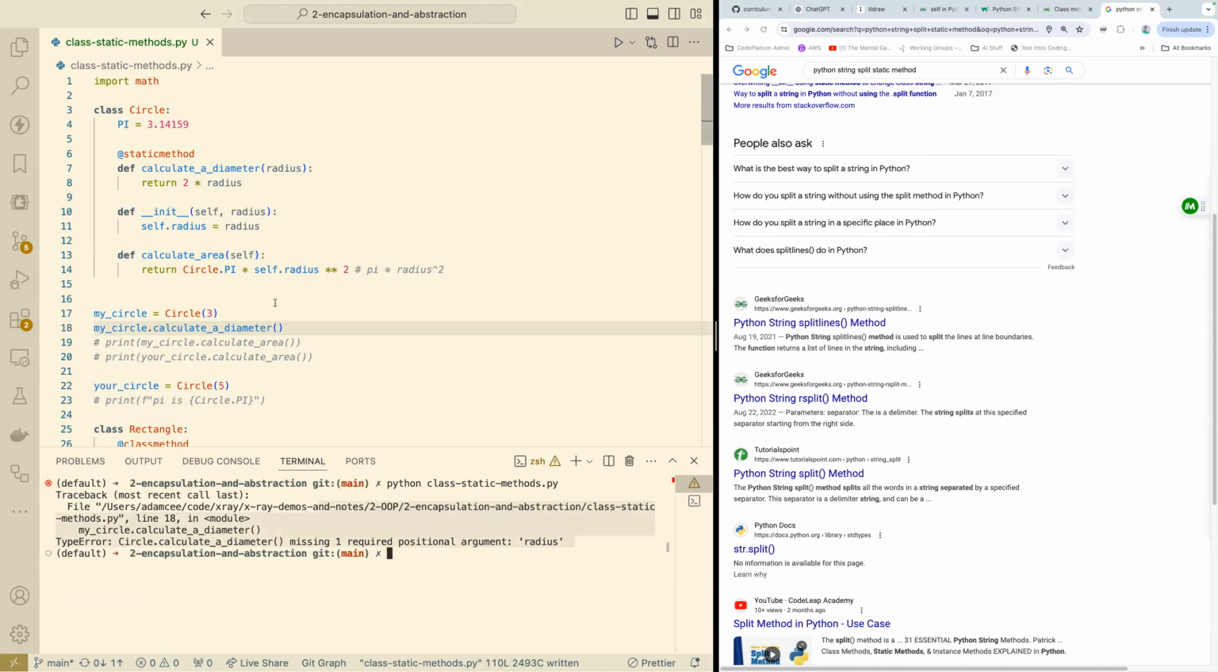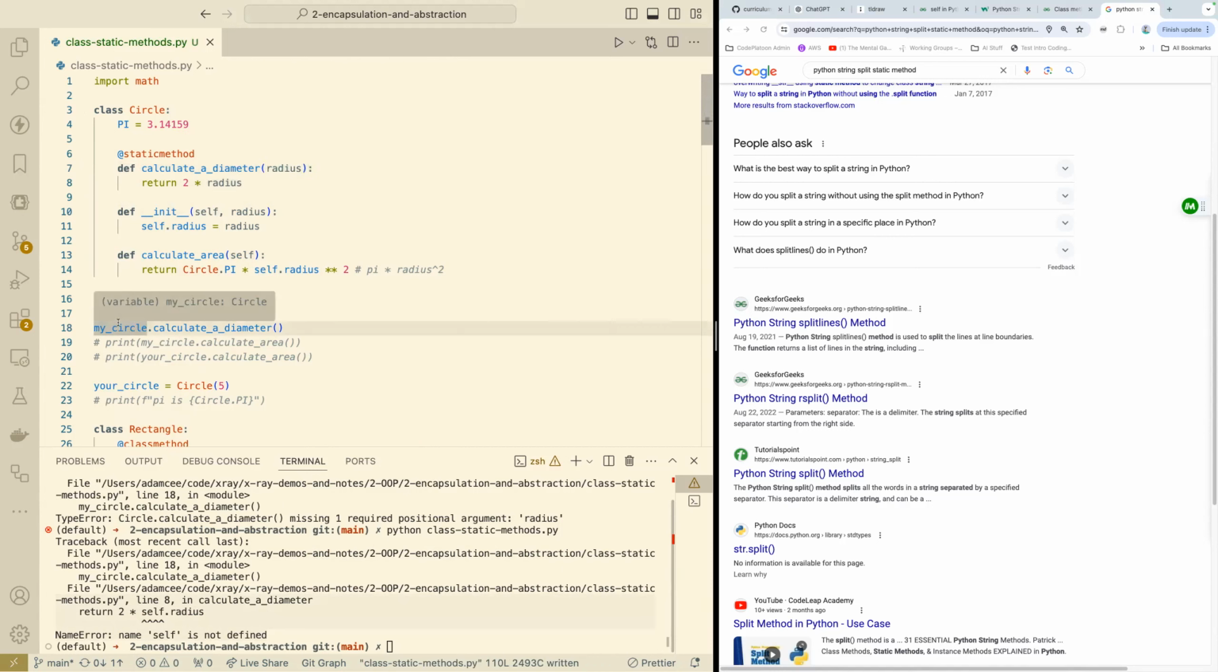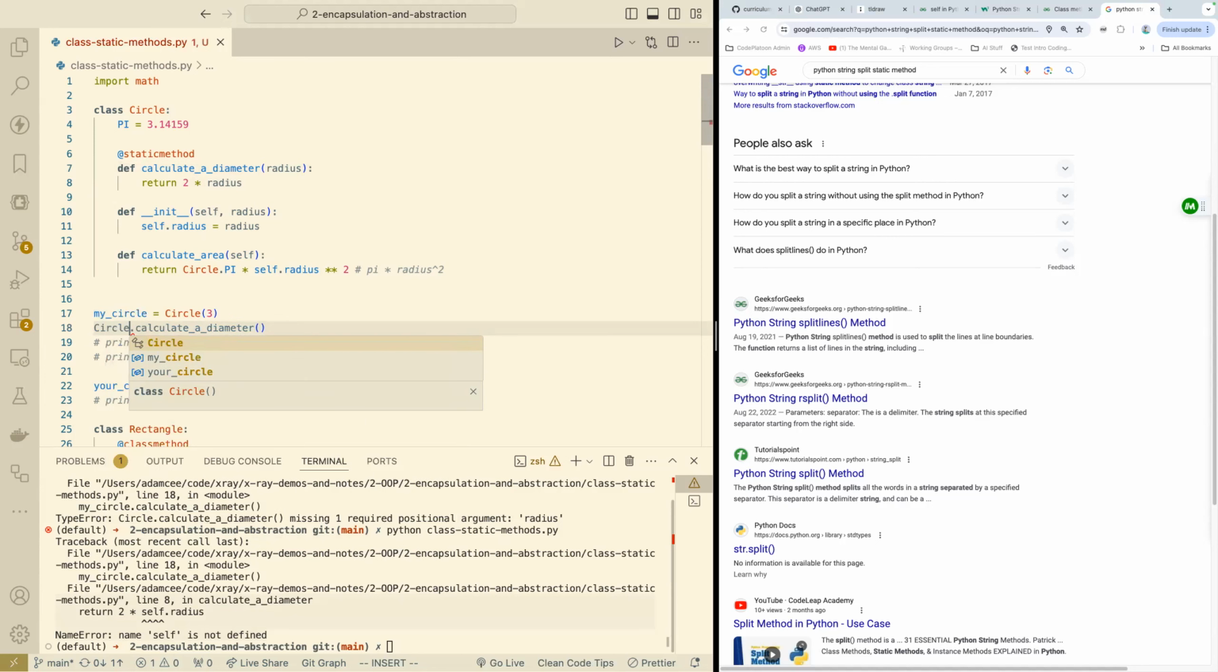And in fact, when I try to call this static method, we get this error, missing a positional argument radius, because I can't access self inside a static method. This should throw me an error. Right? And I get this name error, self is not defined, because a static method is not meant to be called on an instance of a class. So really the way to do this would be, again, this is a little bit of a contrived example, so I apologize, but